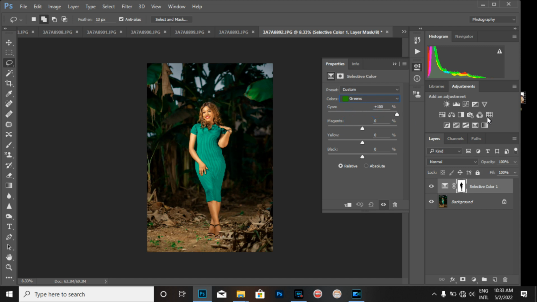I can decide to do so because I don't want the green to affect this work I'm doing now. I don't want it to affect the color of our clothes. That's why I selected it like this, as you can see. So I don't want to affect the color of the clothes, so I selected it differently. I can go over to the yellow. If I turn the yellow,